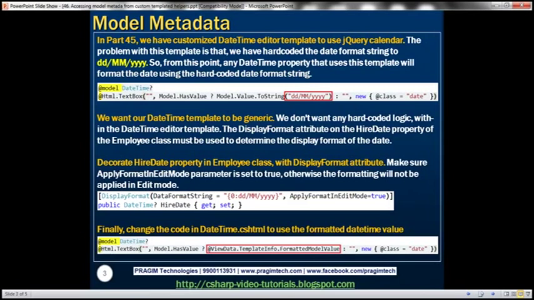Now, in part 45, we have customized the datetime editor template to use the jQuery calendar. The problem with this template is that we have hard-coded the date format string to dd/MM/yyyy, as you can see here. So from this point on, any datetime property that uses this template will always format the date using that hard-coded string. So the dates are always going to be in